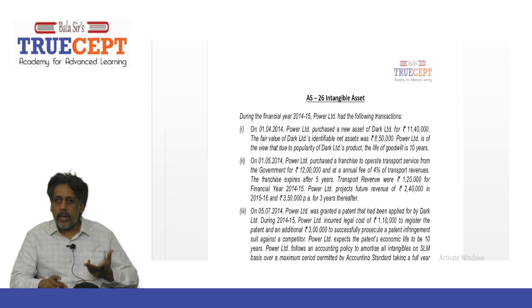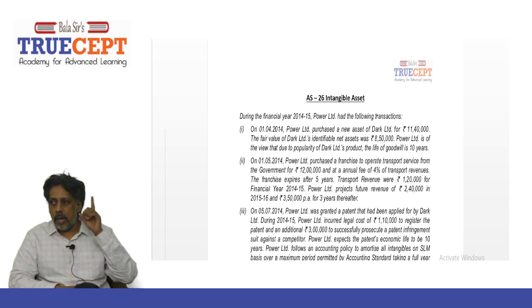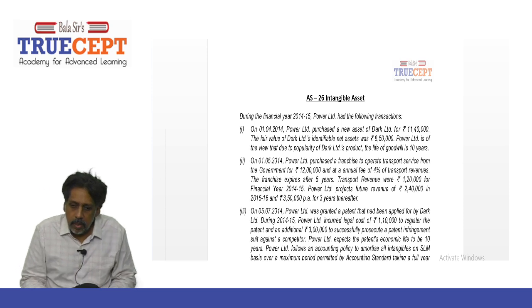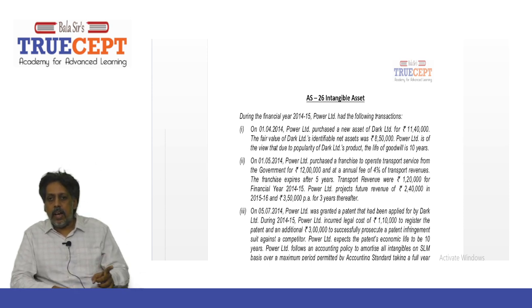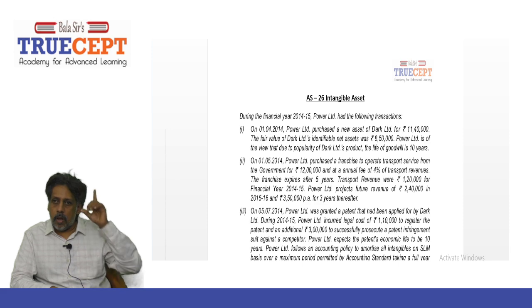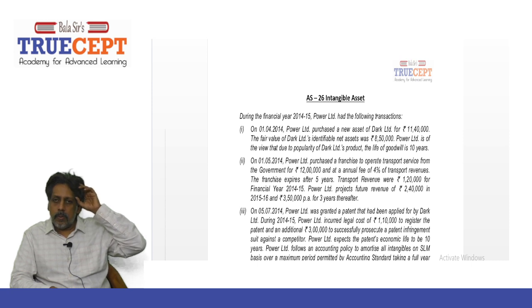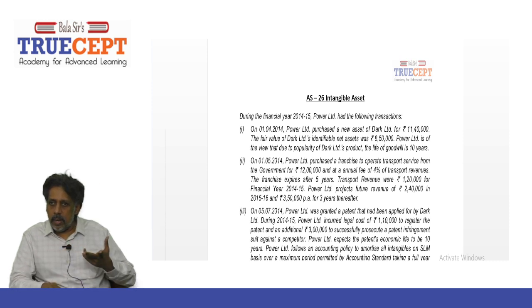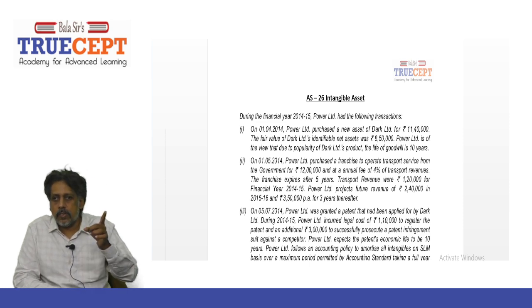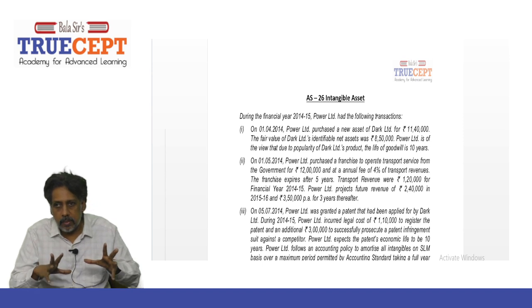Now let's go ahead and take on an example on accounting standard 26 on intangible assets. It's a CA final examination question 2015. Accounting standard 26 is not there in CA final but very much there in CA inter. So follow this question, a very important sum from an examination standpoint. Let's go through this question. This can come for 10 marks in examination.